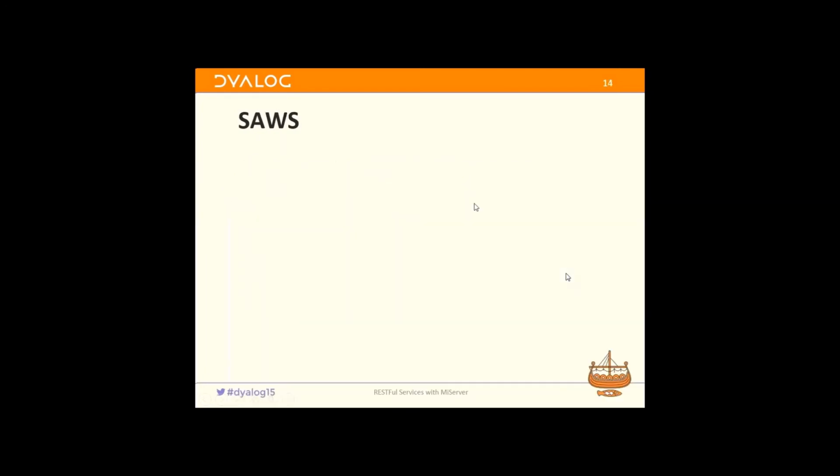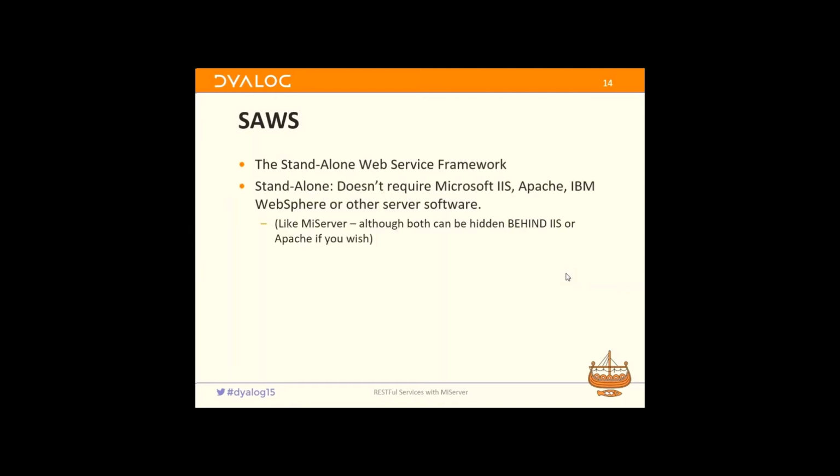But at Dyalog, 7 years ago, I think it was, we built this thing we call the Standalone Web Service Framework, which is what Stefan was using for his first application. We called it that because it allowed you from APL, without IIS, Apache, or any other infrastructure, to build a very little web service that could provide the WSDL. So you would have your APL functions, and then you would do a little bit of work to describe them